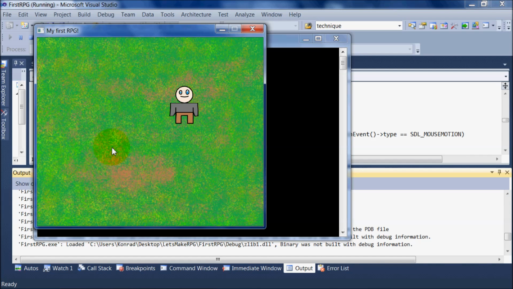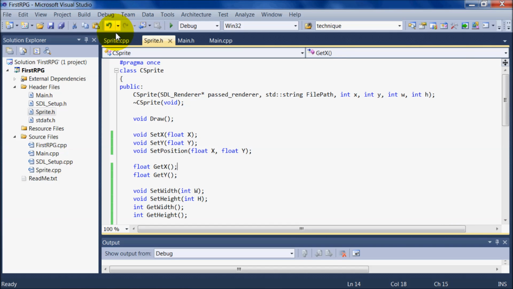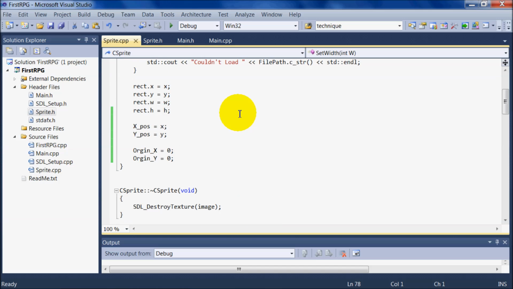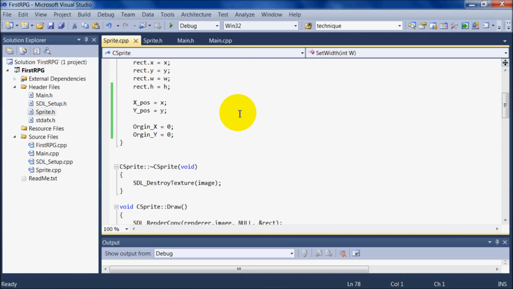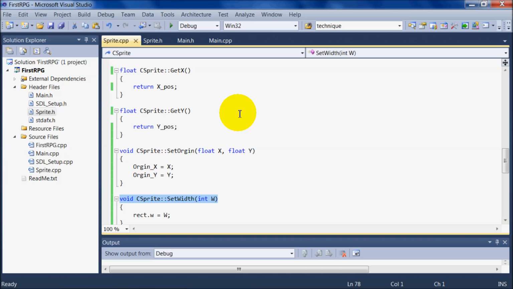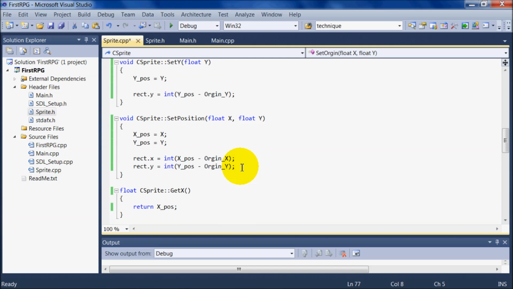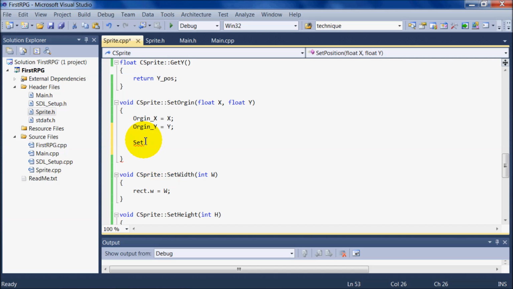But as you can see, he teleports first, and I think I know why. Let's find out why. I'm setting something to 0, 0. I think it's because of the origin. We're setting the origin, but we're not setting the position here, and that's what's causing the problem. So what we're gonna do is use the set position function, set position, and then we're gonna do